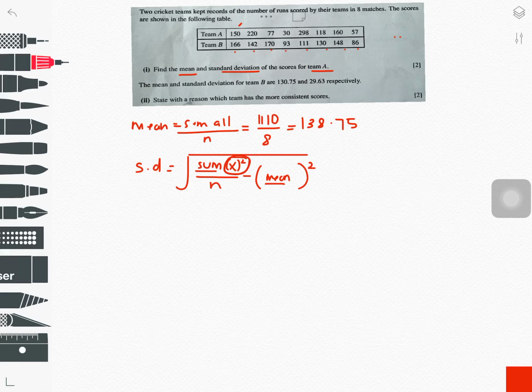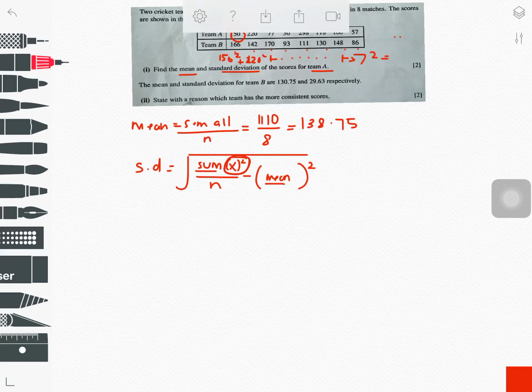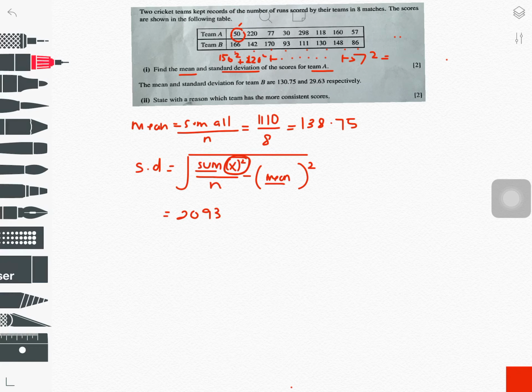Meaning, you take 150 square, you take 220 square, and then you plus all. When you do that, see what you get. Take each of the data values, square it, and then sum. 77 square, 30 square, 298 square, 118 square, 160 square, 57 square. I'm getting 209306